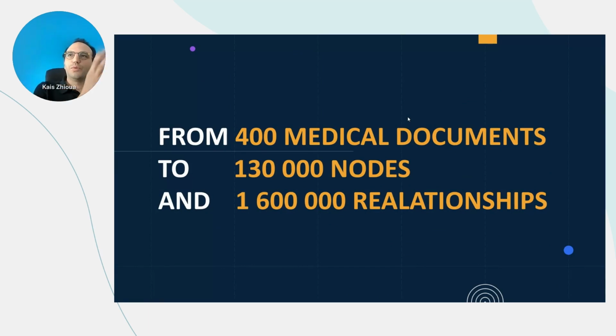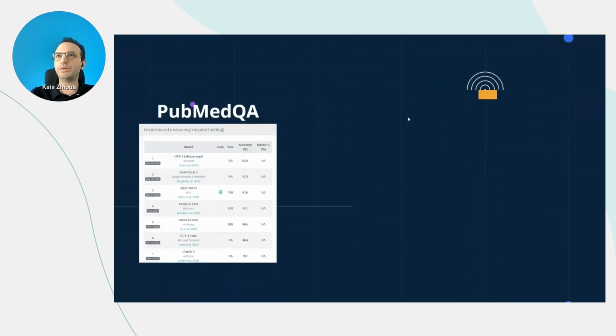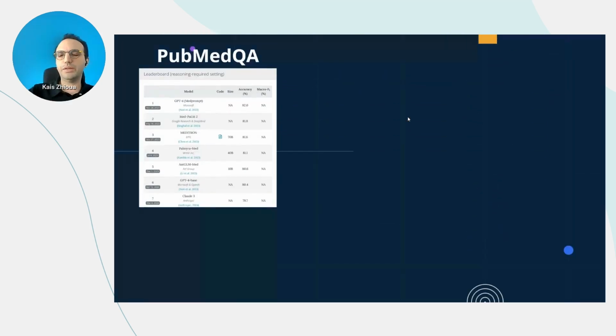And so RAG, 400 documents and just a vector store, and then moving to all this, that's a bunch of structured data. And that can also provide us interesting results, even with a small data set of 400 medical documents. Now moving to the evaluation. Unfortunately, we couldn't evaluate with a consensual data set because there is no consensual data set for evaluation in reproductive care or fertility, like the PubMedQA.